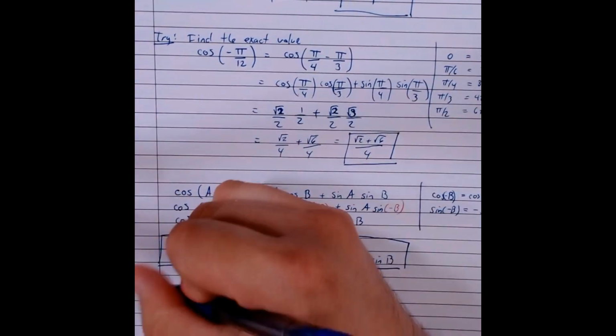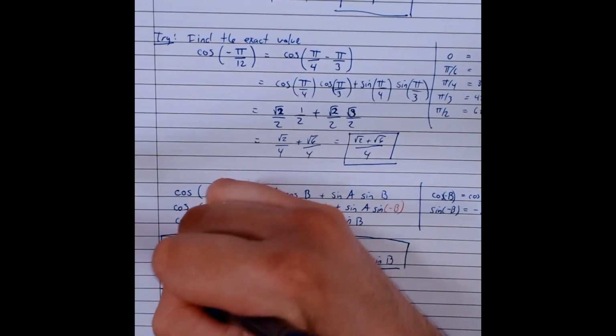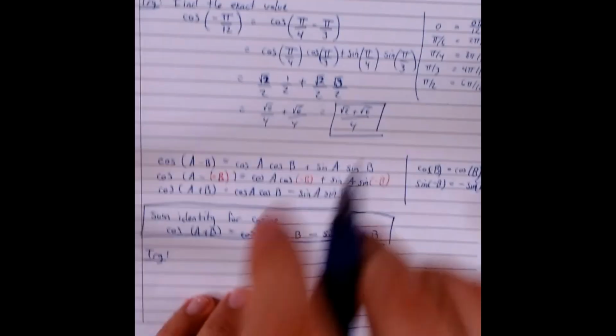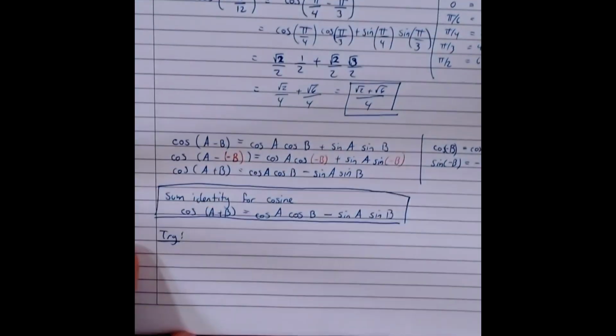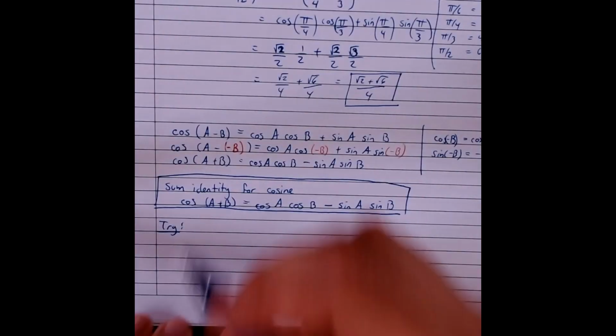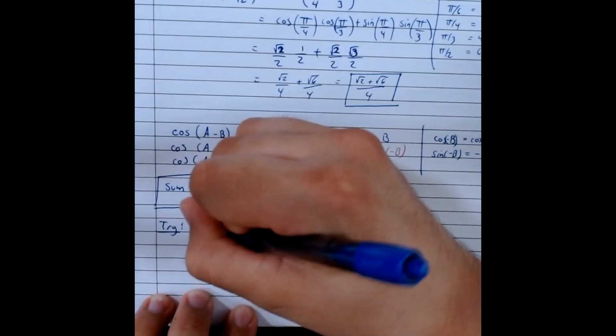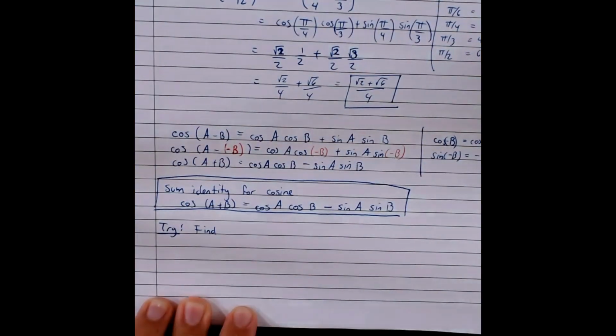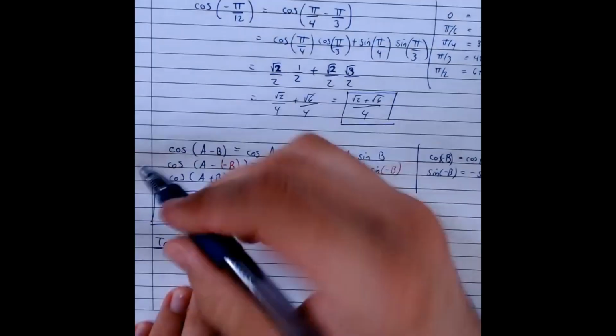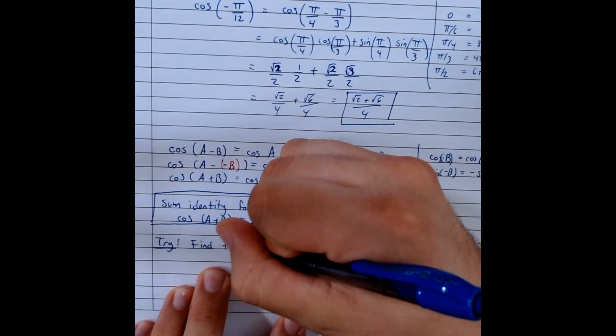Right. So here, give this a try. You're going to do the same thing that we had up here, except now with a plus instead of a minus. So go ahead and find the exact value. Again, it's not something that can come out of a calculator. A calculator will give you a decimal approximation. Here we want the exact value. Find the exact value